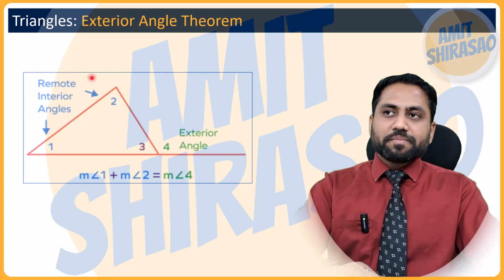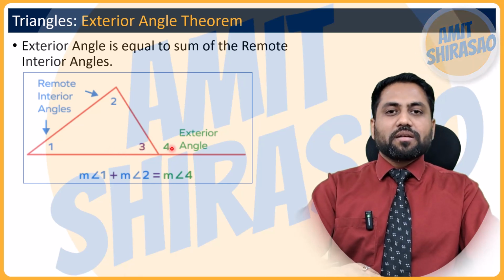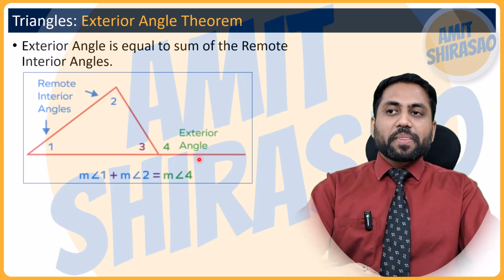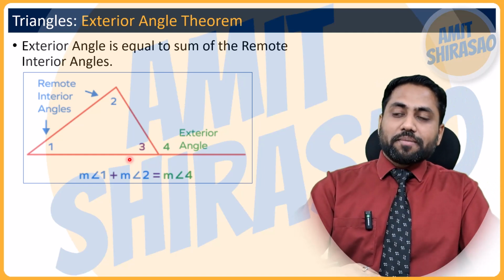How will you prove it? You will prove it like this. See, you will say that these angles 3 and 4 are supplementary angles. Why? Because these are linear angles, right? So I told you in one of the slides, linear angles, their sum is 180 degrees, right? So